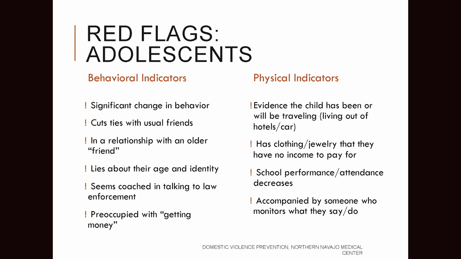Some physical indicators would be evidence that the child has been or will be traveling. So if they're living out of a hotel or living out of a car, maybe they have suitcases with them all the time. If they don't seem like they have a very stable home environment. Also, if they have clothing or jewelry that they have no income to pay for. So again, if it's something out of the usual, maybe they are usually wearing regular age-appropriate clothes, and then they